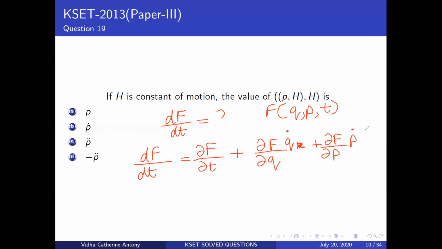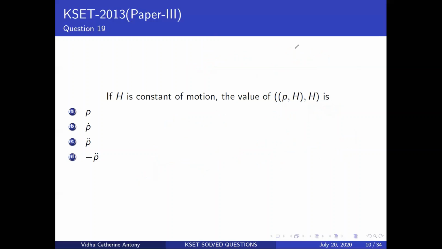Okay, so now what did I have before? I'm going to lose all the subscripts so that it's simpler to understand. So I had ∂H/∂q is equal to minus p dot, and I had ∂H/∂p is equal to plus q dot, right? Whoa, okay, I just erased all that. Let me just write this again. ∂H/∂p is equal to q dot, and ∂H/∂q is equal to minus p dot, okay? And what did I have here?